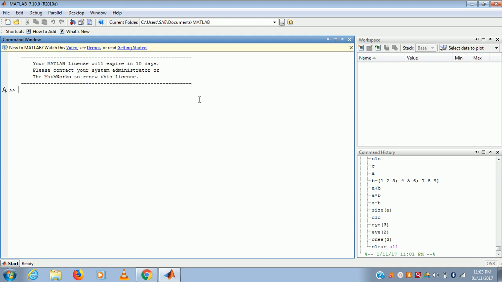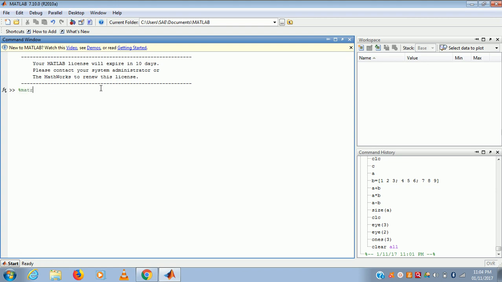Now, in this tutorial we'll see various matrix operations. We'll see the addition, subtraction, multiplication and division of matrices, and then various operations of matrix algebra. First we'll define a row matrix, then we'll see how to define a column matrix. For that purpose, first we have to see,